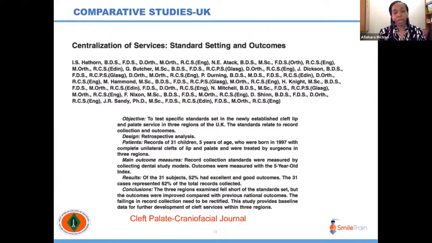Now, this actually arose from the standards that were set by a clinical standards advisory group in the UK. In this group, they had set standards at 75%. In other words, of children born with unilateral cleft lip and palate, 75% of them should fall within GOSLON yardstick 1 and 2. You will see that in this study, they used the five-year-old index, which is actually like the baby of the GOSLON yardstick, but the GOSLON yardstick was for children at 12 years,